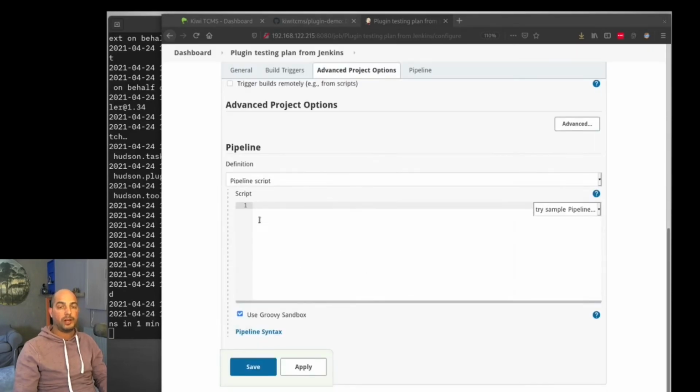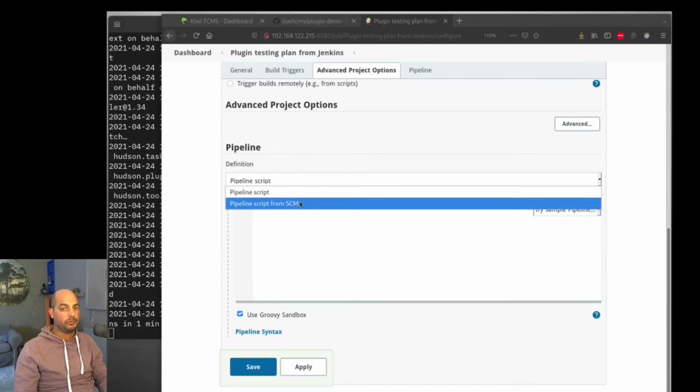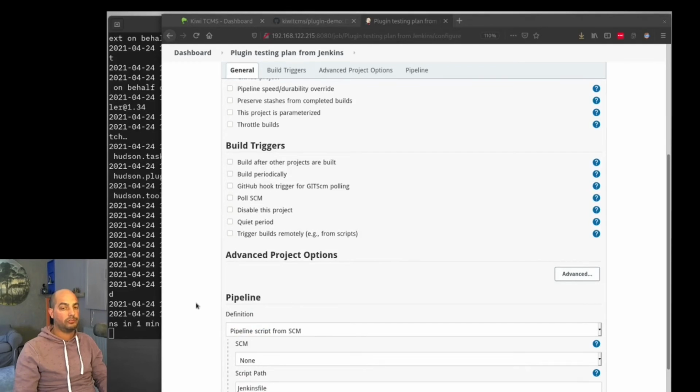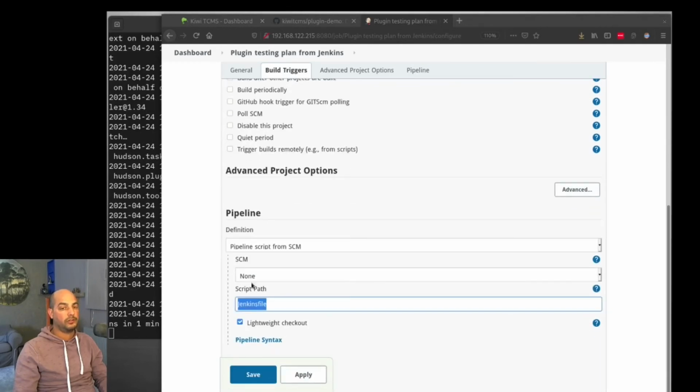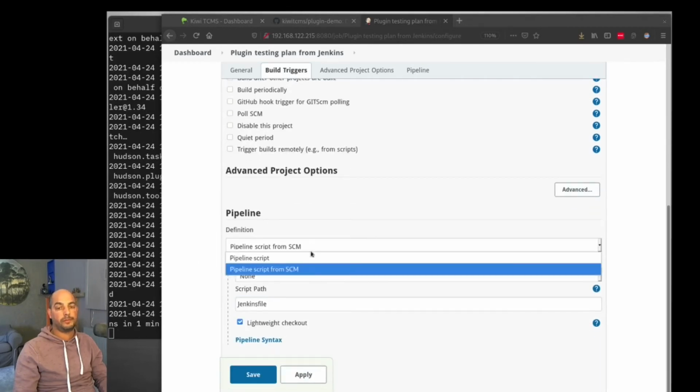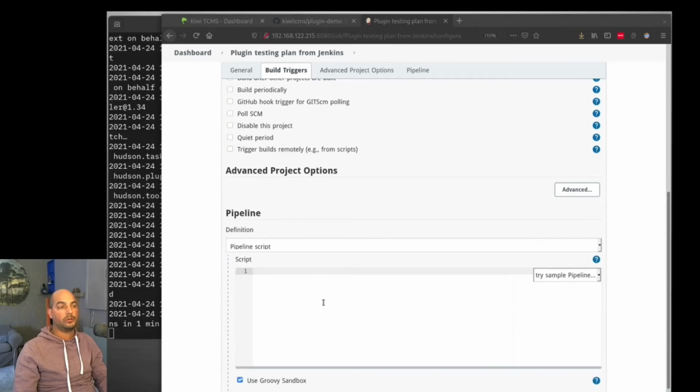And you can add your pipeline here. There are some sample pipelines, of course. And you can also do script from SCM, then you will have a pipeline, a Jenkinsfile, in your source code repository. But for this quick demo, I will just copy-paste a very simple script here and go over with you